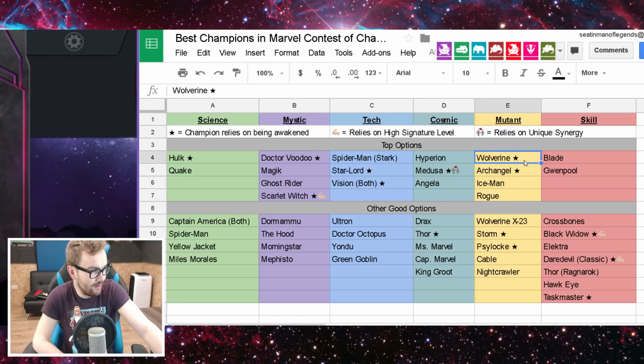Then in terms of the mutant class, I think there are 4 top options, but it's mainly the top 3 that go into consideration. So we have Wolverine, who is just an absolutely insane regeneration beast. I still use my Wolverine to this day in every single round of Alliance Quest. He's just absolutely phenomenal. That character's regeneration potential when he's awakened is just insane. So if you are missing that link of consistent insane regeneration in Alliance Quest, Wolverine might be your